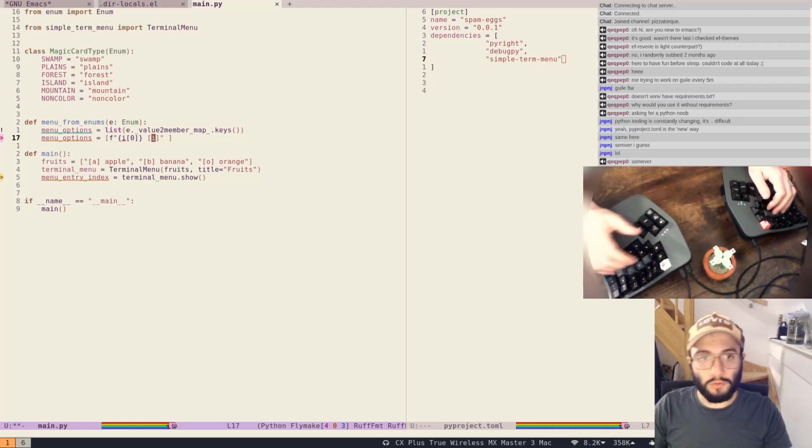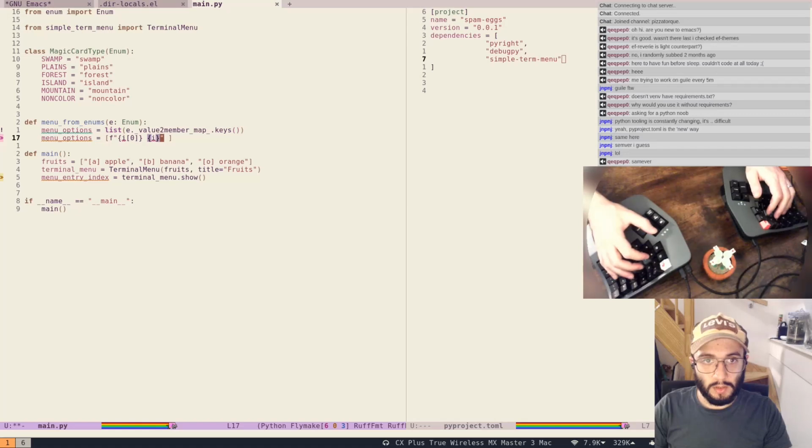I'm still getting used to the brackets. It's not easy. So, okay. Do we want it like this? No, we actually want it in between square brackets. Like this. For i in menu